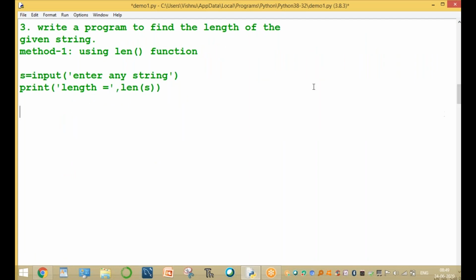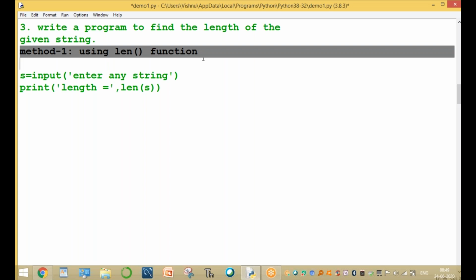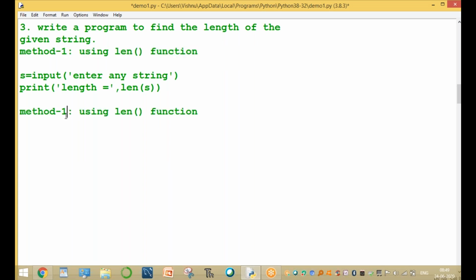And the second method: without using len function, how to find the length? How to find the length without using the len function? This is the second method. Please wait only 1 minute.